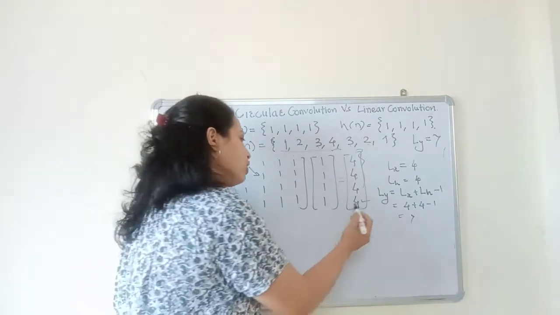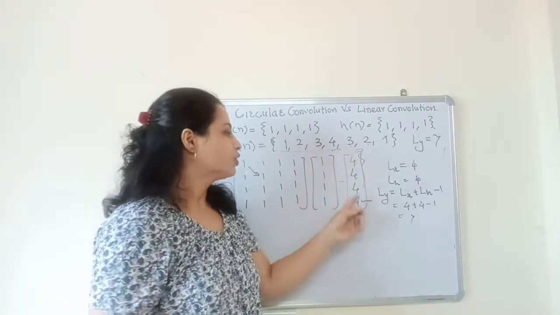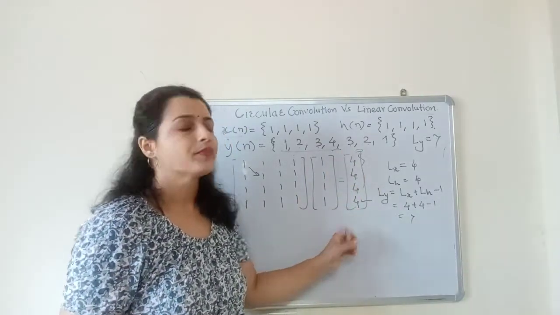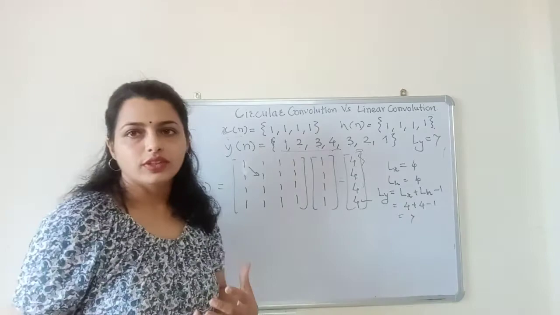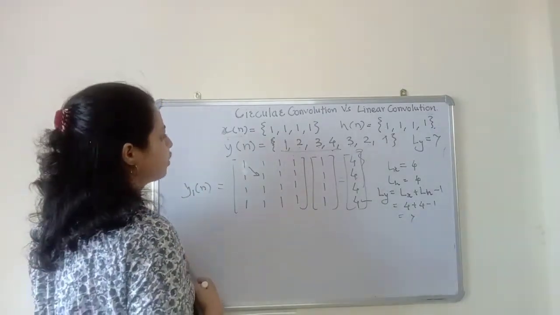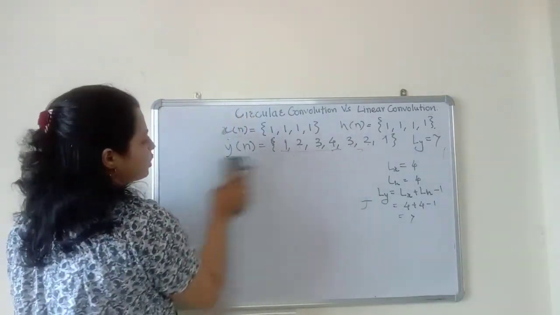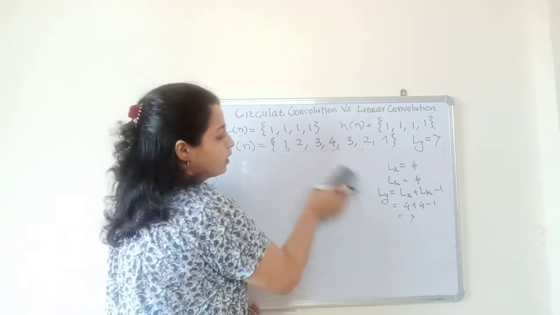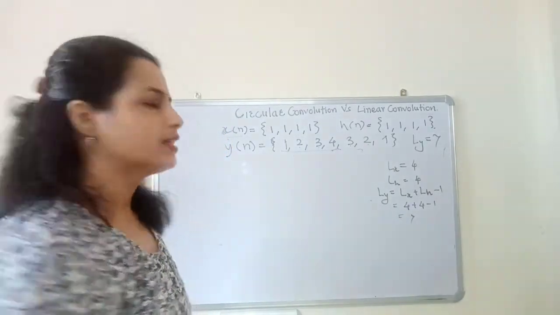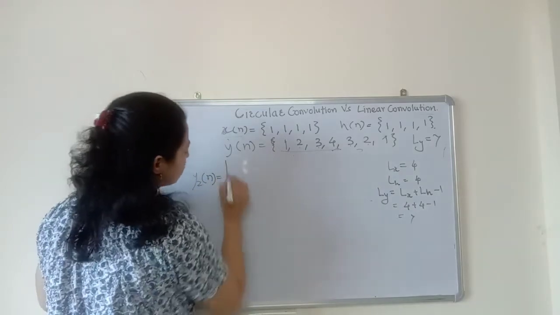Okay. The actual one sample, which is the exact sample in case of linear convolution, is only this sample. So what to do for this case? We'll do 0 padding of 1 0 in this sequence. Okay. And perform this circular convolution again. Let us check what happens here. So again we'll call it y2 of n.